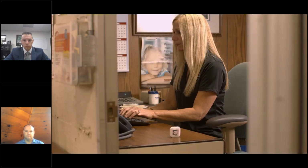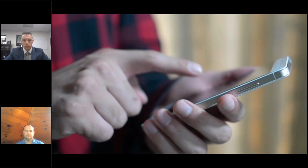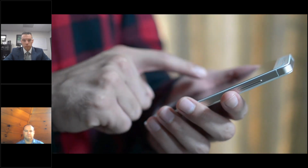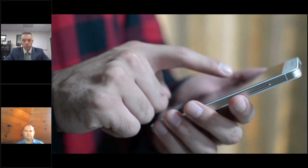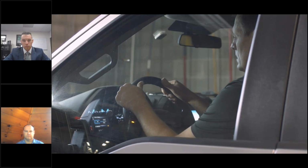Privacy is important, which is why Federated Drive Safe leverages the combination of an app and tag. While the app is installed on the employee's work or personal smartphone, it must recognize and connect with a tag in a company vehicle before it will begin measuring driving behavior. Since tags are not installed in employee-owned vehicles, employees can rest assured that trips in their personal vehicle are not